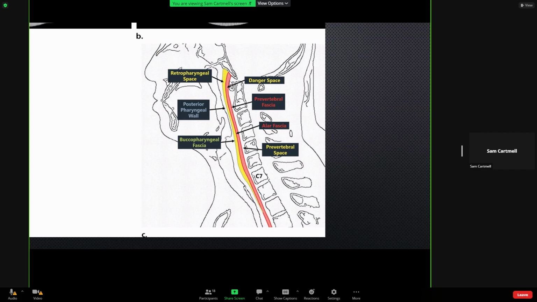Right behind it is this danger space. So the important thing about the retropharyngeal space is that it does not continue inferiorly. It ends about at the cervicothoracic junction. However, the danger space in red here continues, and so one potential complication of a retropharyngeal abscess is that it can continue into the mediastinum,